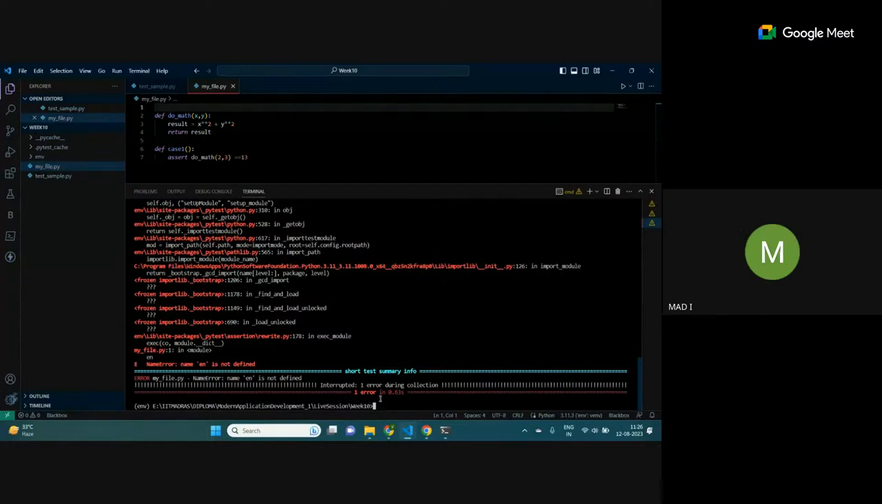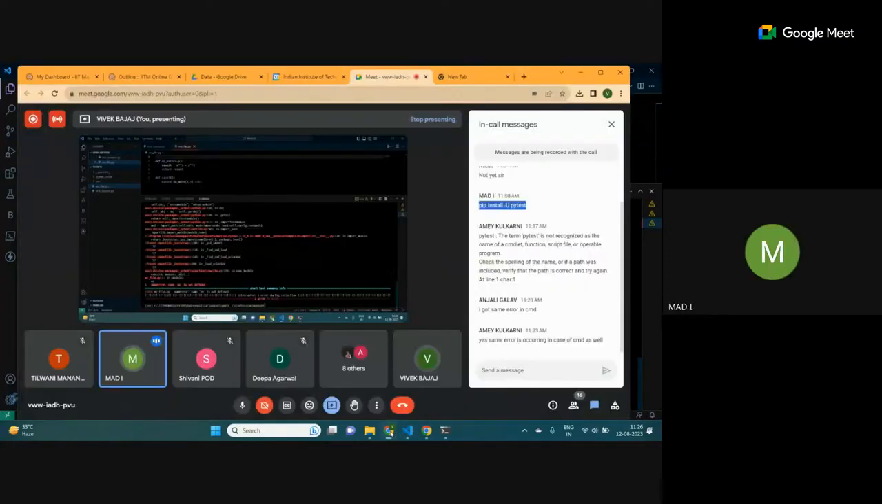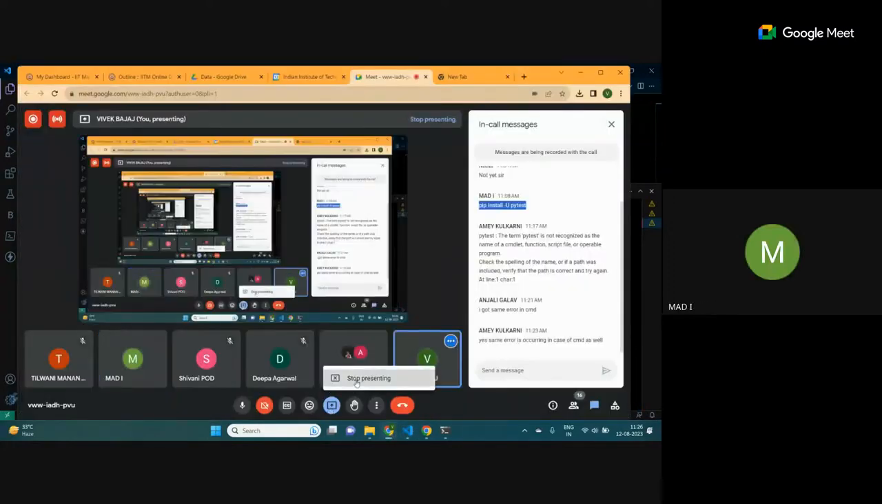Okay, so PyTest is working. All right, so you can follow along now. Those who are facing the same issue with PyTest not recognized, just try with a virtual environment. Sometimes we install so many libraries and then it